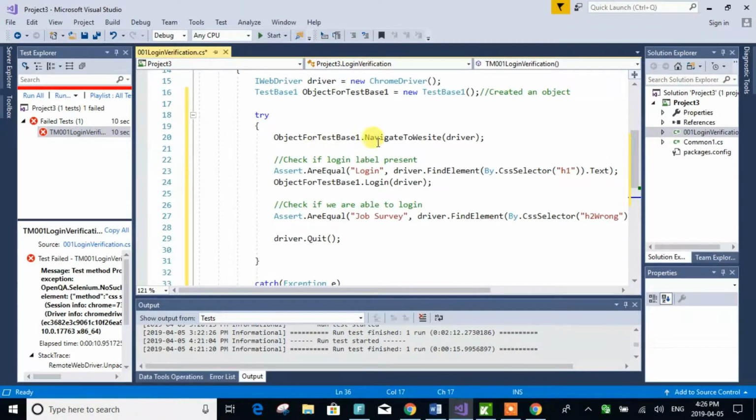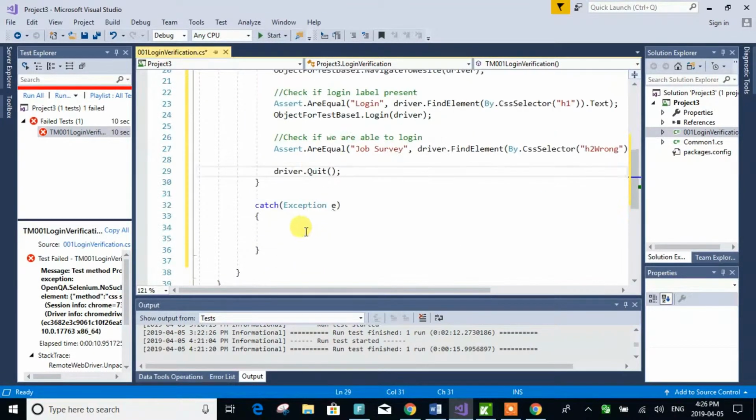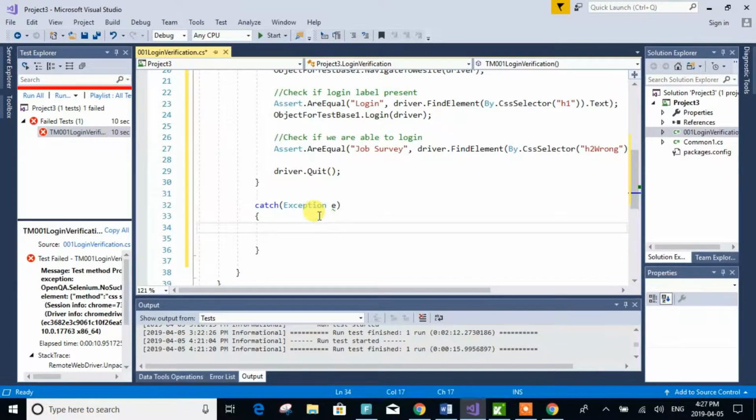I'm going to try to navigate, log in, do the verification and quit the driver. But in case it fails, definitely in this case it's going to fail at line number 27. So when it fails, it will go to the catch and throw the exception. In the catch, I'll be writing here